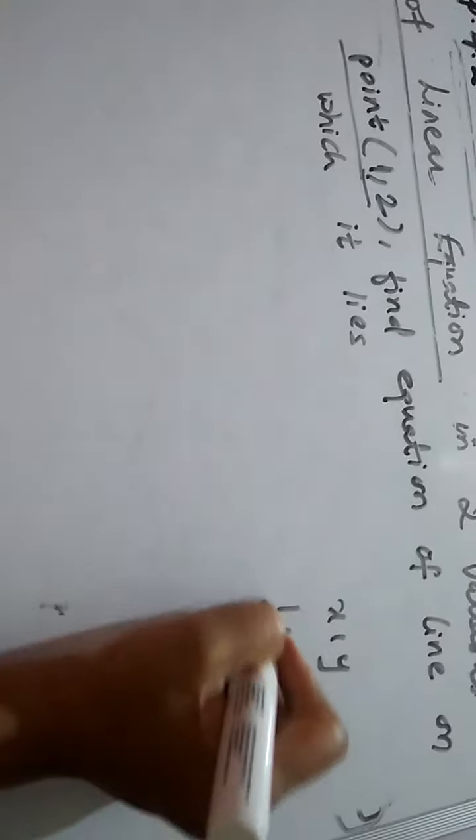एक पॉइंट दिया है 1, 2. ठीक है, x कोऑर्डिनेट, y कोऑर्डिनेट. x वाला वैल्यू 1 है, y का वैल्यू 2 है, और ये पॉइंट कौन सी लाइन पे लाई करता है उस लाइन का हमें इक्वेशन बताना है. ठीक है, अभी क्या करेंगे? We have to think of an example where